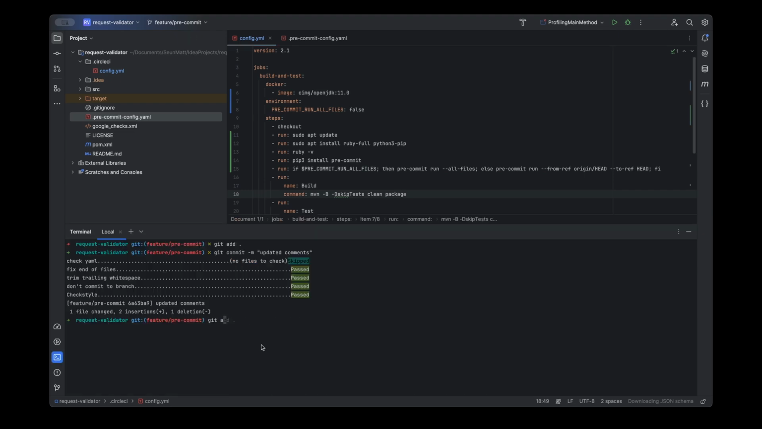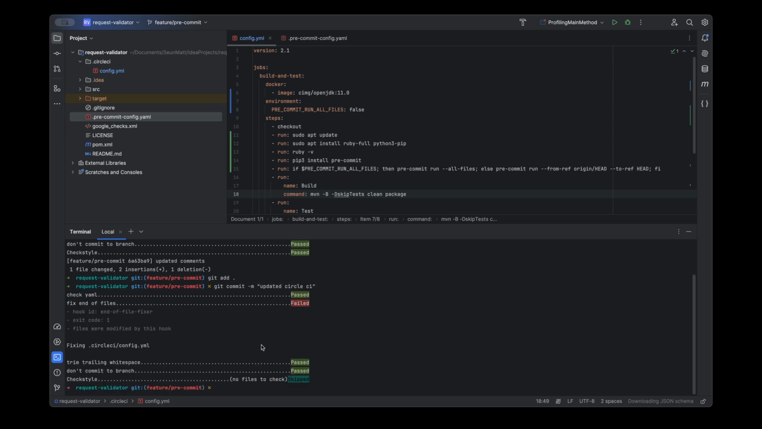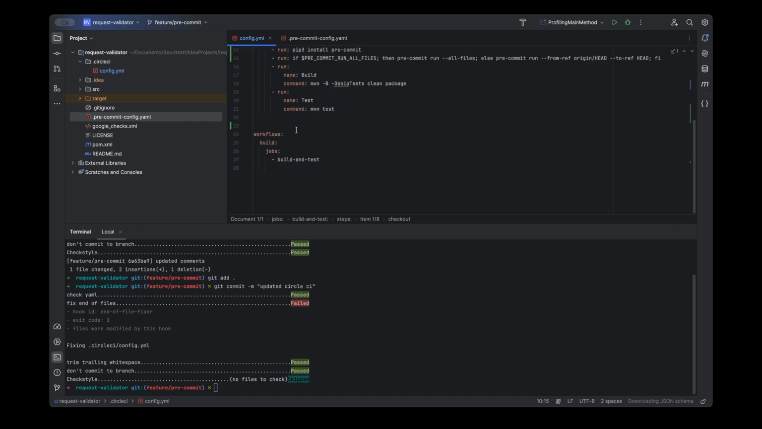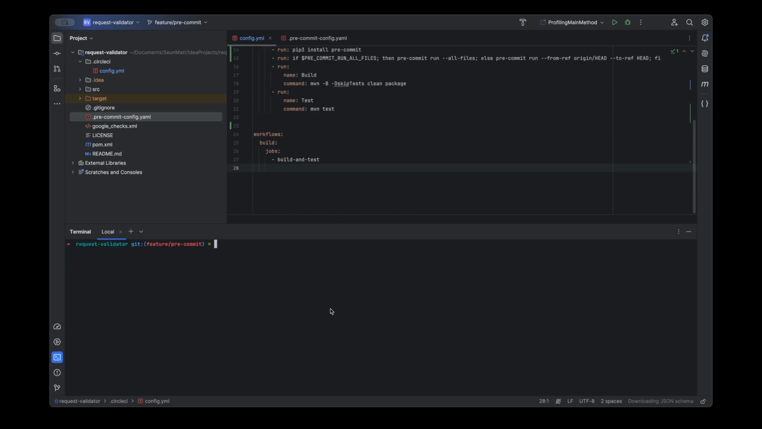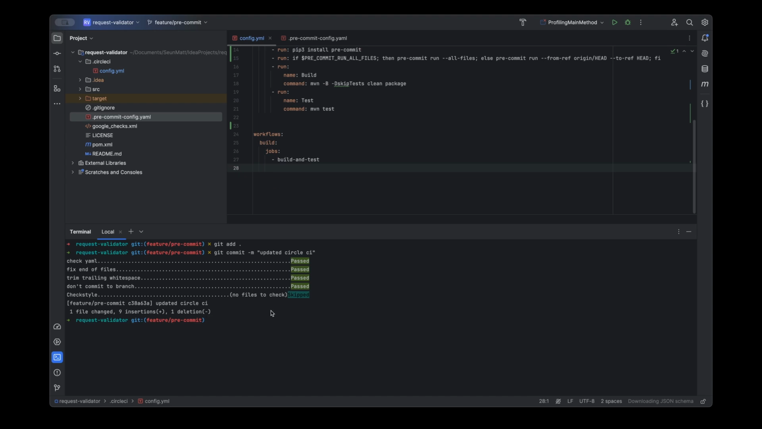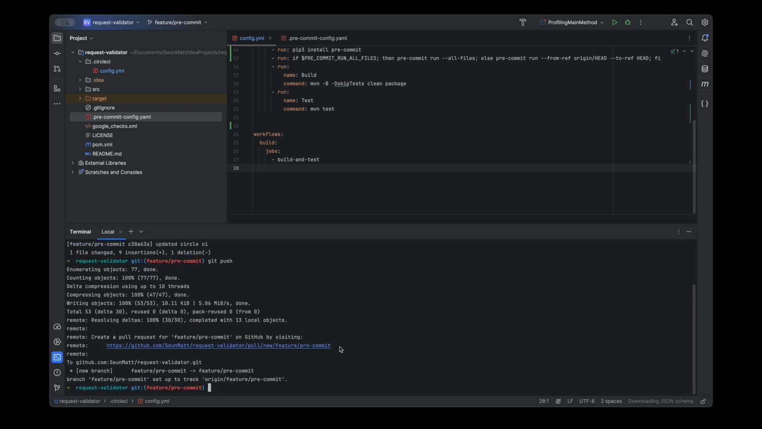So right now we can commit these changes, right? We can say updated CI, Circle CI. Okay, still the end of files again. And then we can do this, updated Circle CI, everything has passed. And then now we can push our code changes. Right, now that we've pushed, we are going to create a new merge request and see how the job will run